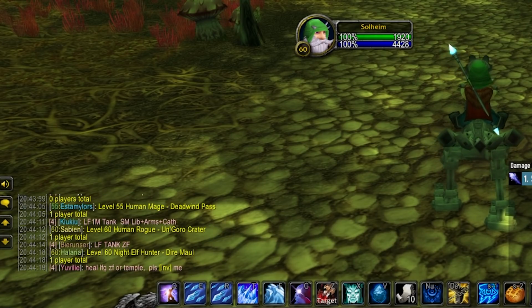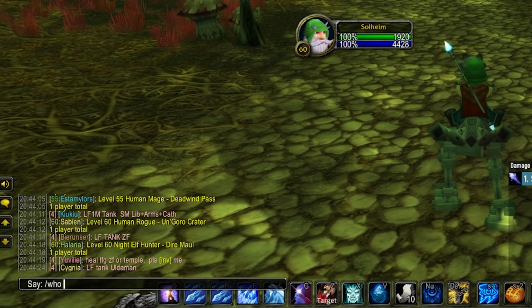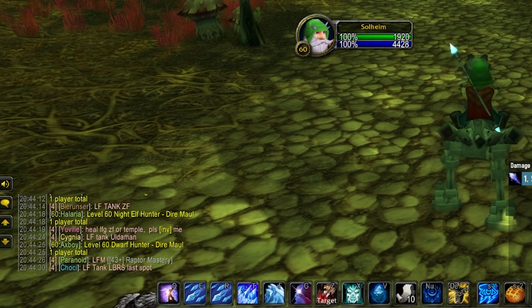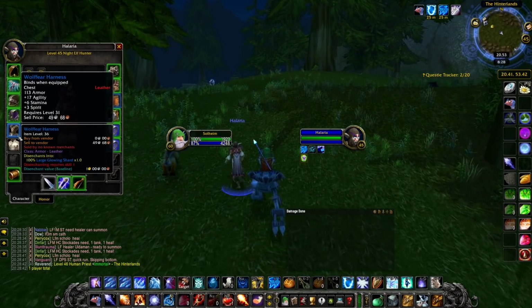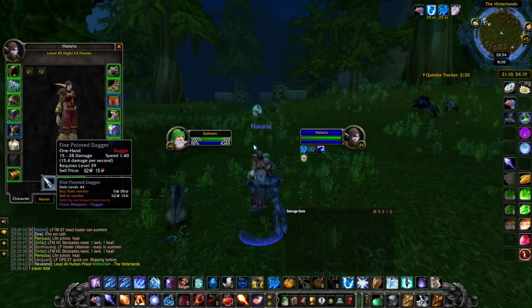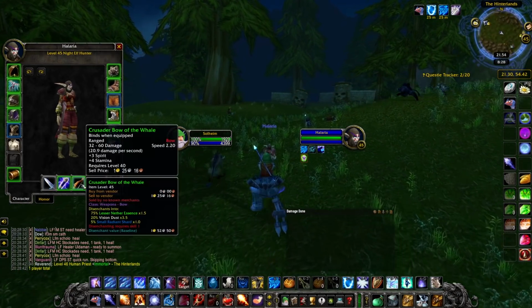2 of the hunters that I've actually identified are bots. I actually found them in, is it Feralas? It's somewhere. It's not Feralas. I found them in, I can't even remember the name. What is wrong with me? The Hinterlands, there we go. I always confuse the Hinterlands and Feralas for some reason, so I found these 2 in the Hinterlands, and they